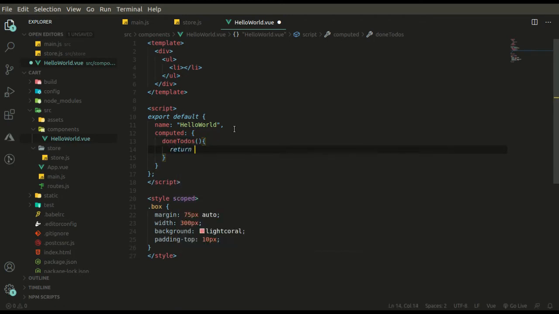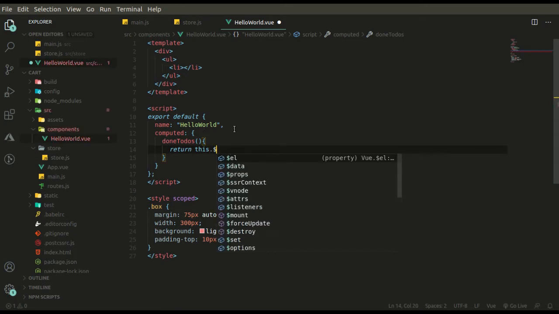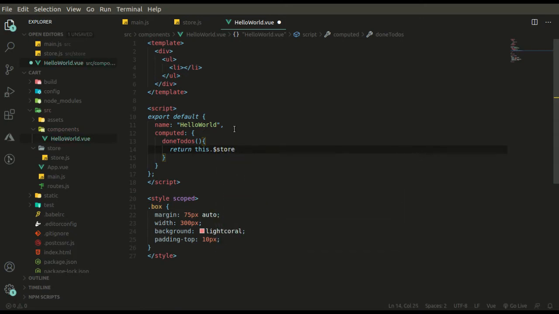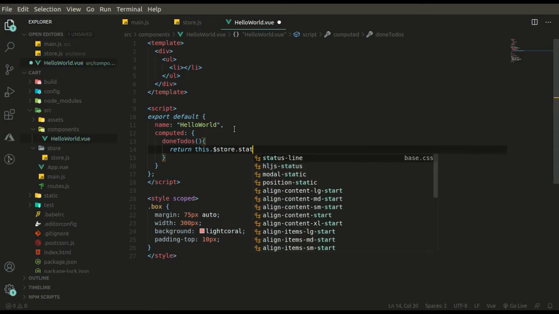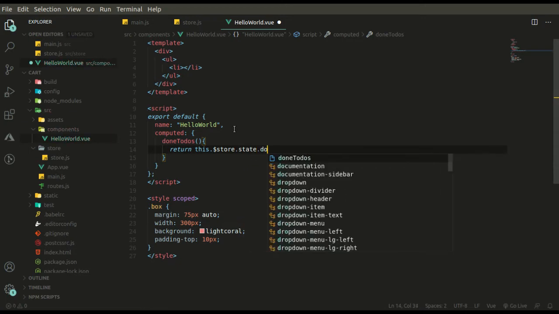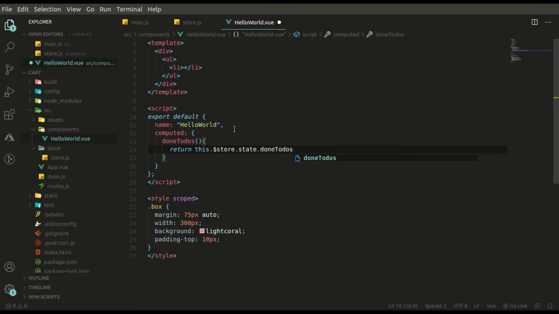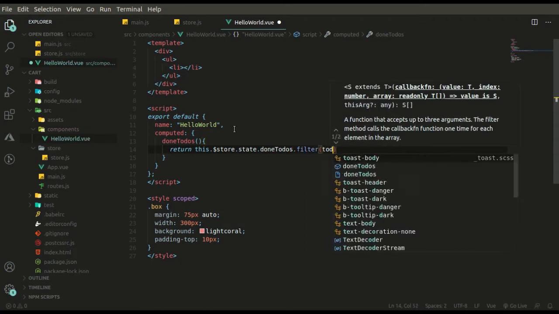Okay, so friends, this is how we can access the store with the help of this.$store and the state within it. What we have in it is the to-dos. Then we have to apply the filter over here, and what we need is the to-dos that are completed.